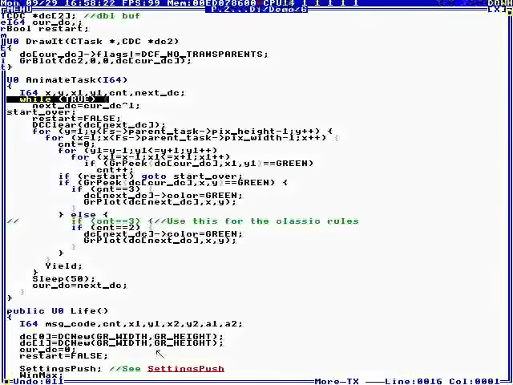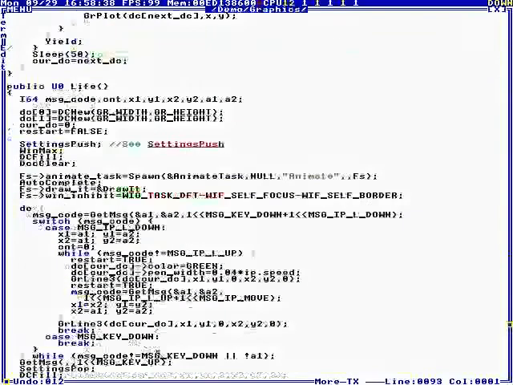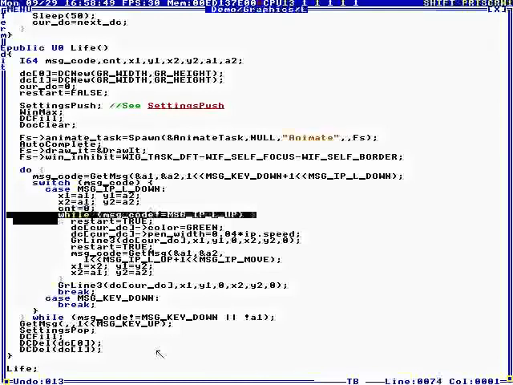Anyway, and in the animate task, we have it double buffered. We stay in a loop, and we change. We start over if the, where do we start over? Start over if restart, start over. Okay, oh, we respond to character turn, do we? No, we don't respond. Well, left button down, restart. Maybe we have to